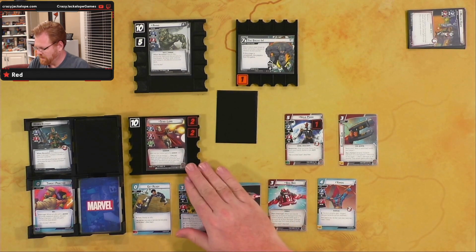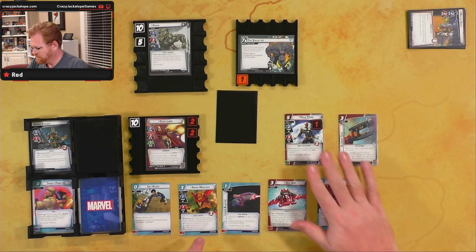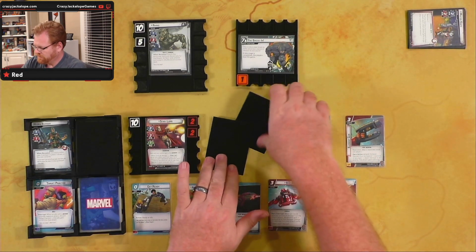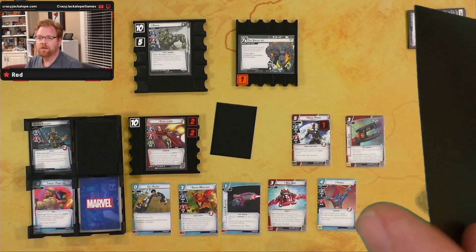All right, next up is encounter cards. So we need another encounter card. We've got 2, so we'll go with this one that came out first, so we're going to see what we get. And we get a...